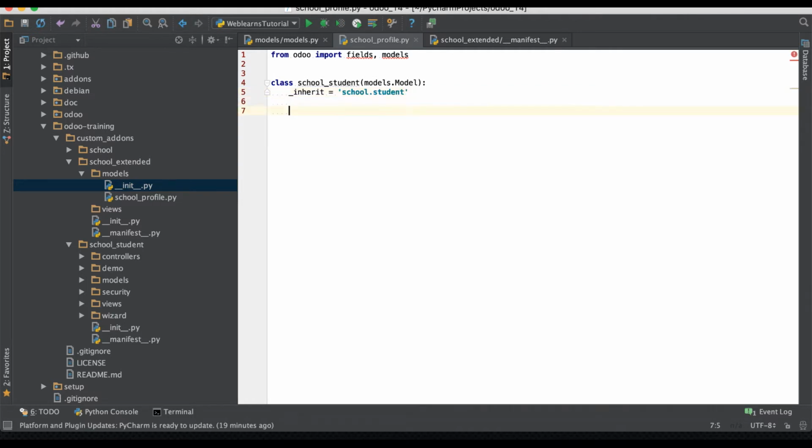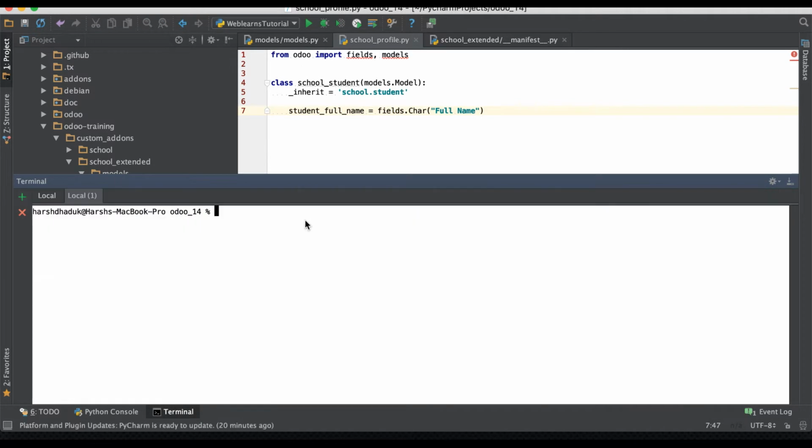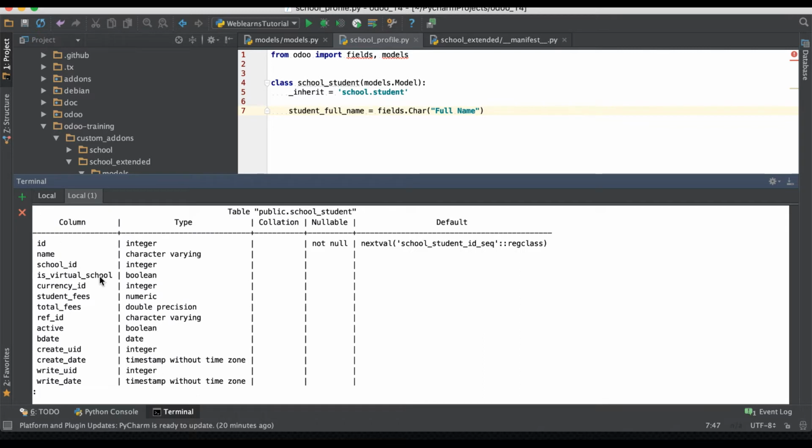And here we have to add fields like student_full_name equal to fields.Char, full name, something like this. And one more thing is, let me go inside the database, and let me give you some information about this table. You can see here,